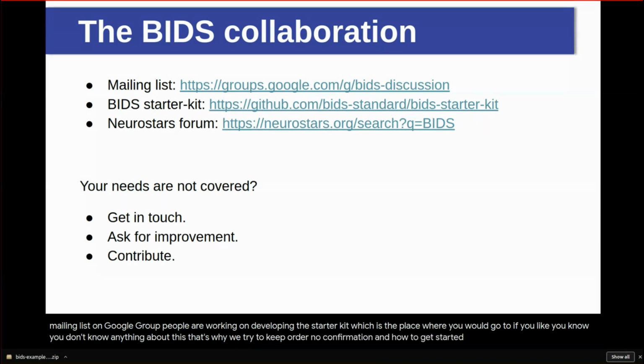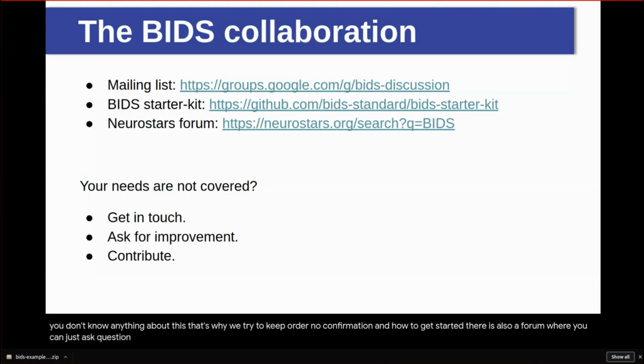There's also a forum where you can just ask questions. The Neurostar forum is more general, but you can ask questions about BIDS as well. And in general, if you have questions or you need something not covered, just get in touch. You can ask for improvements or enhancements if you think something should be in there, and